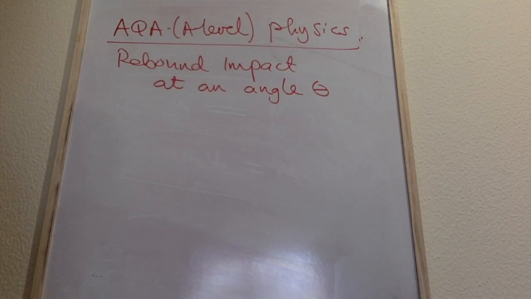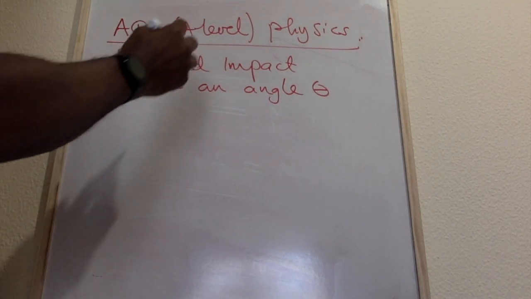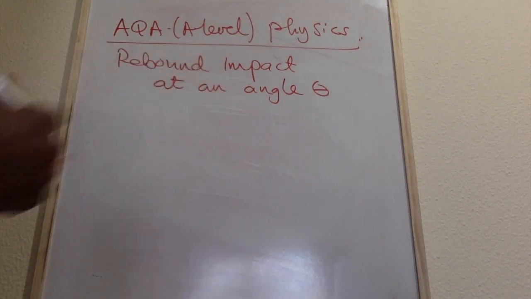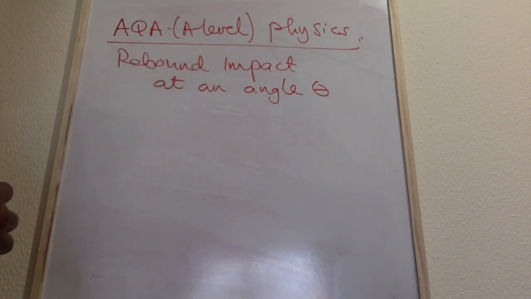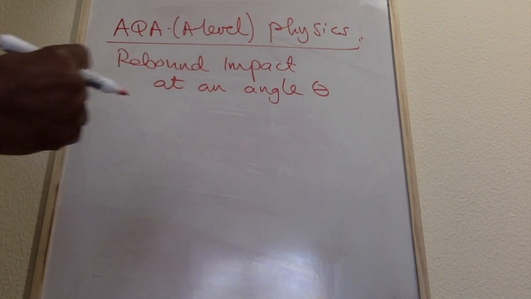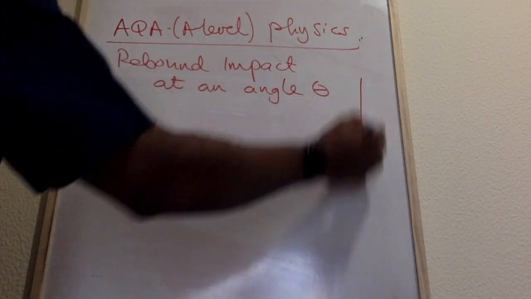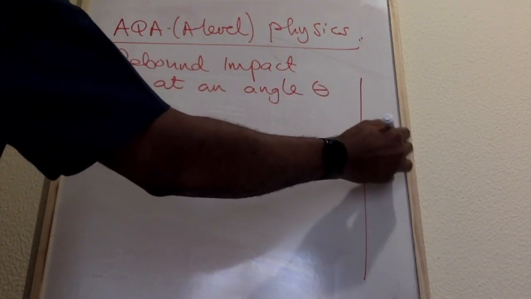Hello. As promised from our last video clip, when we looked at the rebound impact for an object that is hitting a wall at angle 90 degrees, now we're going to look at an object that is impacting a wall such as this